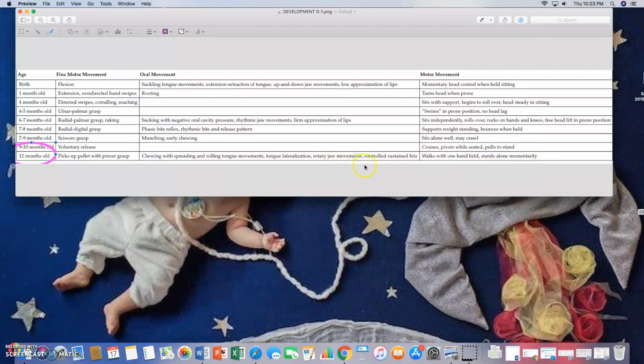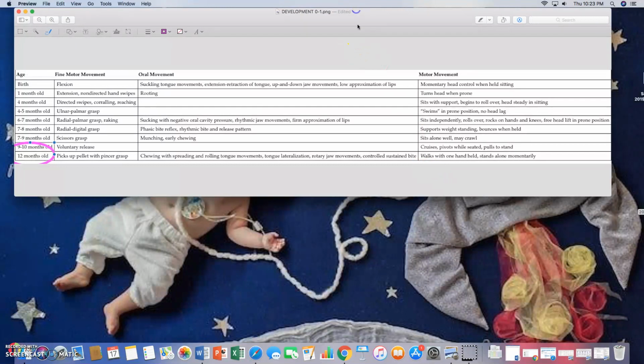It is possible that you'll see some children walk at the age of 12 months. A child does not have to walk until 18 months old. Parents will frequently come in very upset and want to know why their child, who is 13 months old, is not walking yet. Provide them encouragement and reassurance that that's totally normal, all right, and that walking is an independent thing that babies do on their own, and they must learn to really master most of these skills before